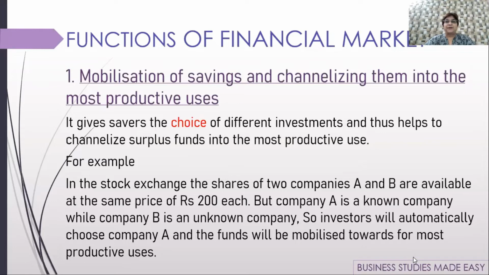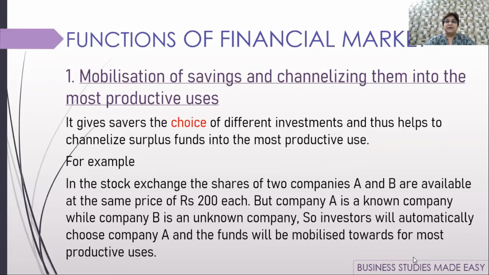So let us take the example here. There were two companies who are selling their shares at the same price, 200 each. The price per share of both the companies is rupees 200. Now there's no need to get confused. Now you see which company is doing better. So you find out that A is doing much better than B. Now tell me which company shares would you buy? If you were a prudent saver and you wanted to invest in the financial market, which shares would you buy? Of course, you would buy company A.